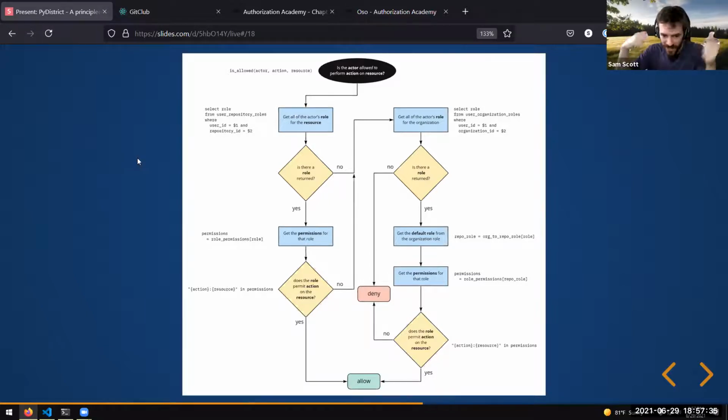Do they have a role for the repository? If so, does the role they have give them access to the repository? If not, let's check, do they have a role for the organization? Does the organization role imply some role for the repository? And it goes on and on like this. There's a lot of logic that goes through.